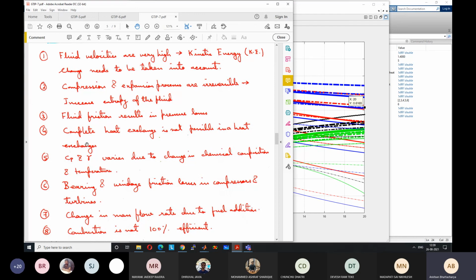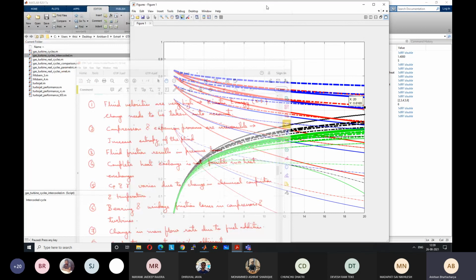Before the exam we will start the jet engine part, and that will be a very long period because we had very few classes before the midterm. More classes are there after midterm, and the second half of the course is not so long. We will put more focus on the jet engines because that is interesting to know, and it is also quite industrially relevant. We'll stop here and go through this part.